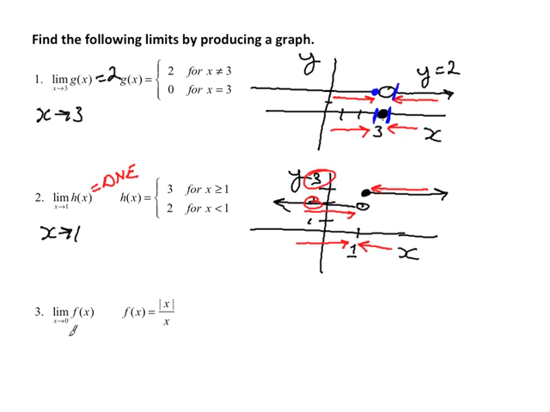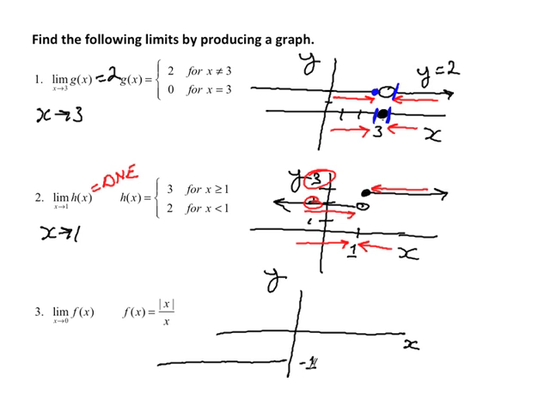The limit as x approaches 0 of f of x, where f of x equals the absolute value of x over x. Well, what does this graph look like? All right, let's start off with x negative. If x is negative, absolute value of x is going to be the positive of that. So let's just say this is negative 2. This would be 2 over negative 2, which is negative 1. Let's say x is negative 5. Well, this is going to be 5 over negative 5, which is negative 1. So for everything less than 0, this is going to have a value of